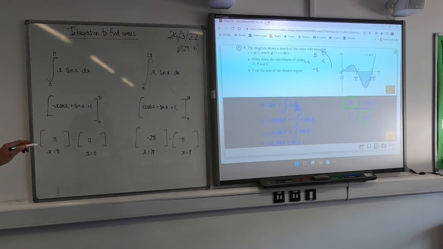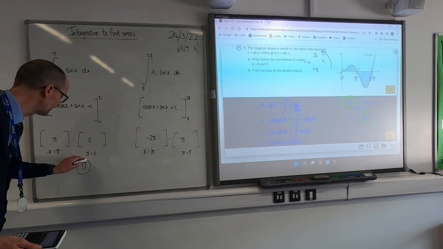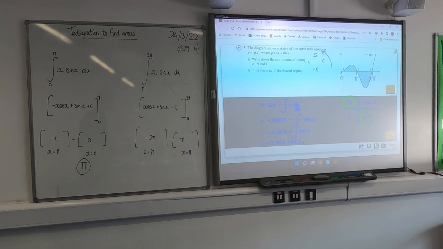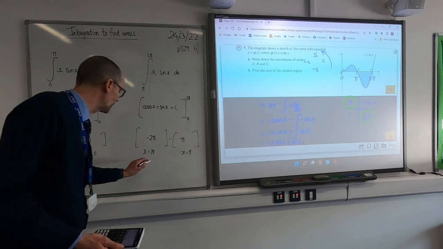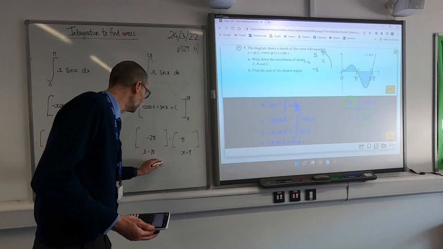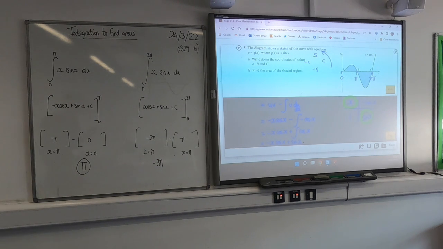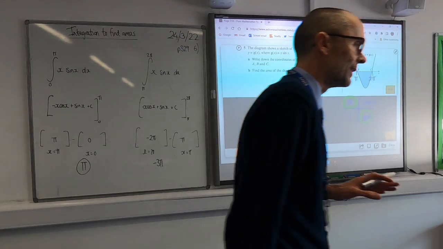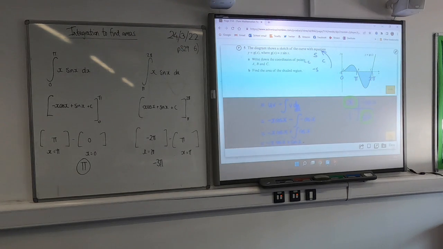So I get pi for the first area, no units with these sorts of questions, and then this is minus 3 pi, but I ignore the minus, so actually my total area is 4 pi. Areas above and below the axes have to be calculated negatively, and we need to make sure that we are careful when we come to checking our answer with the